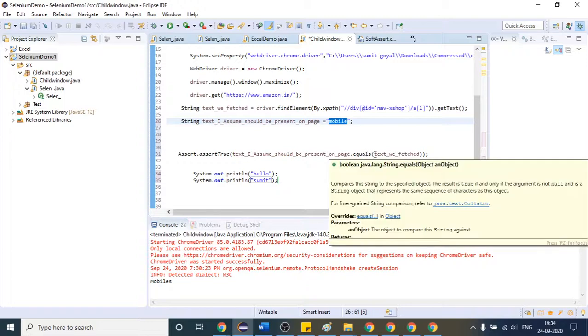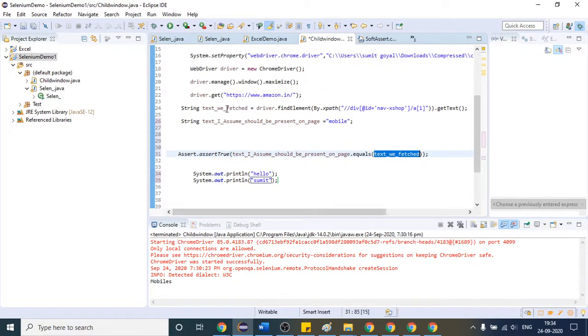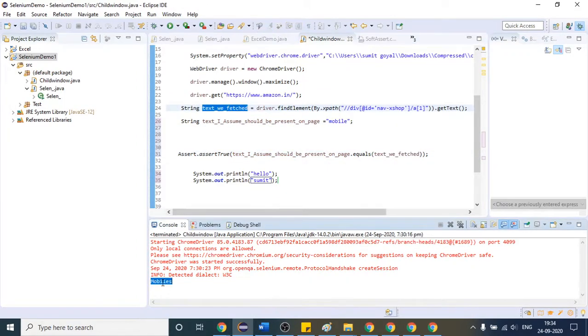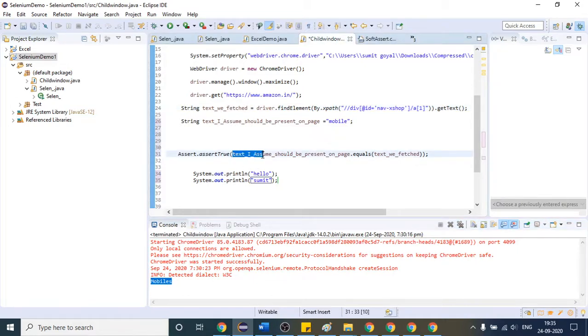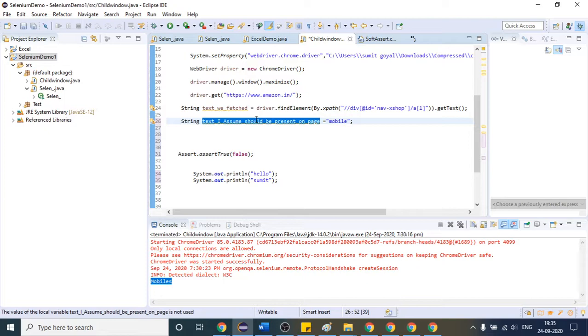And what is the text we are going to get from this? We have just fetched it, which is capital M. So these two are not equal, and inside that you will see false will come. Why? Because the condition is not true. So what will happen? I think I need to write it again, let it be. So if I write like this,